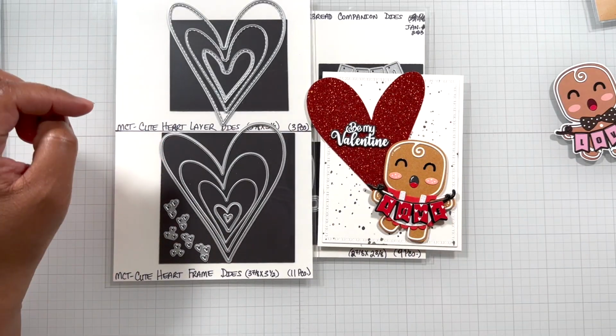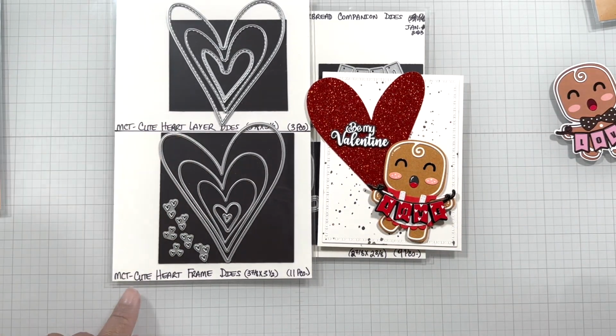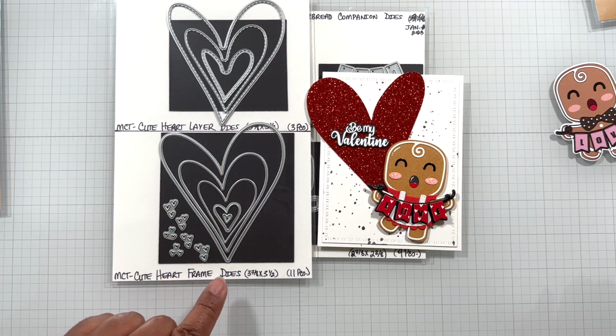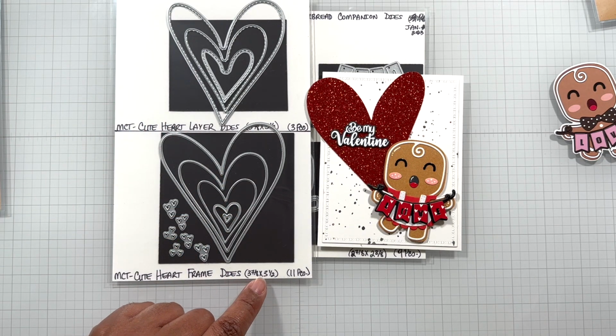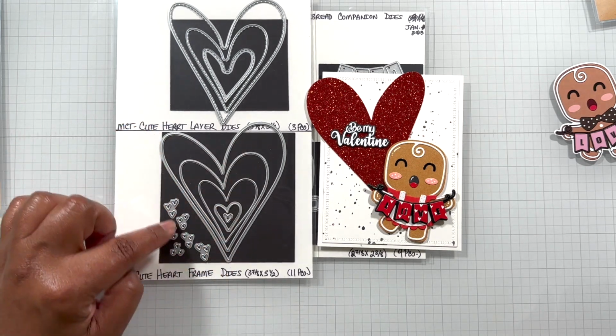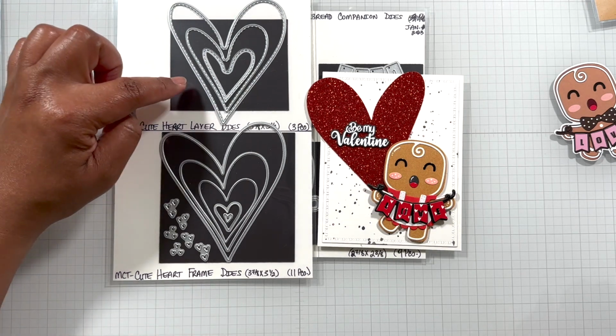Okay, now let's go into that heart. So the heart here is a 2-part die set. You have the one with just a cut line. That's the heart frame dies. 3 7/8 of an inch by 3.5 inch for the tallest one. You get 5 dies in. You also get some extra little hearts. This one, now the